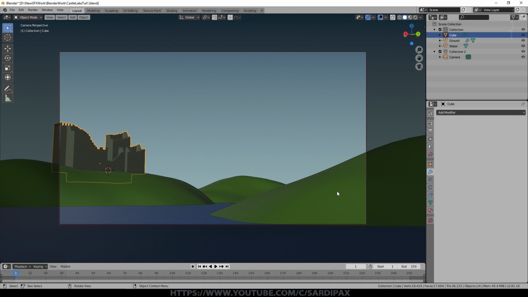So that gives you a general idea of how to create the sort of destroyed look, if that's what you're looking for, of the castle. I had a few little windows in it, slots for windows as well.